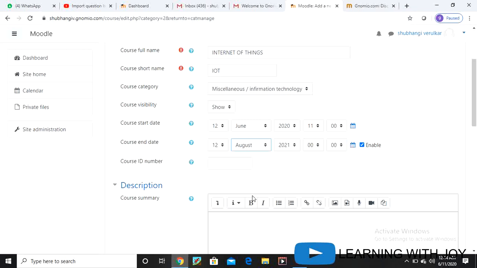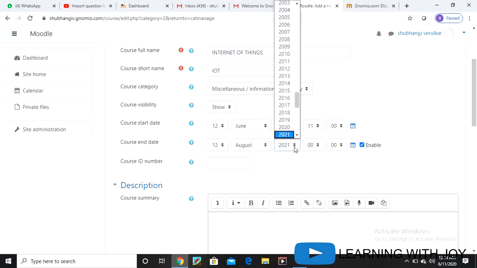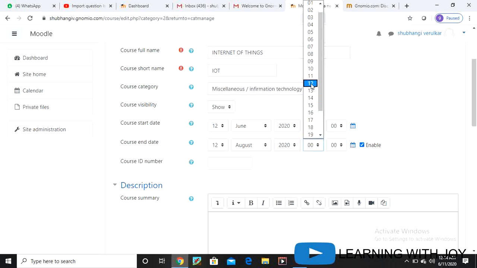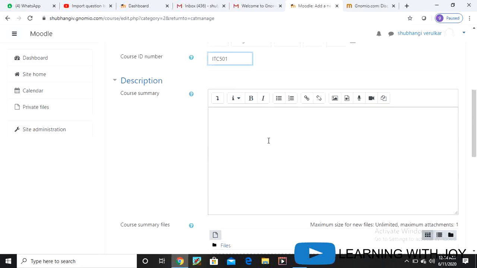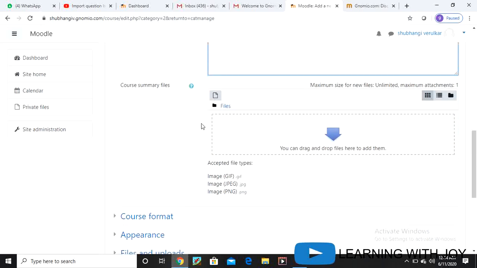So if you want to start a 3-month course, you can start. Here you have to choose a 3-month course. Okay. Course ID ITC 501. Course description you can write here.